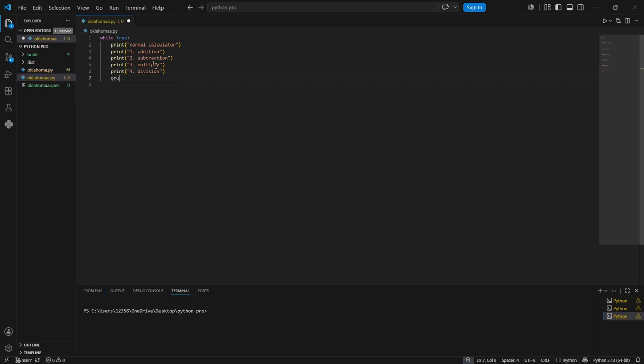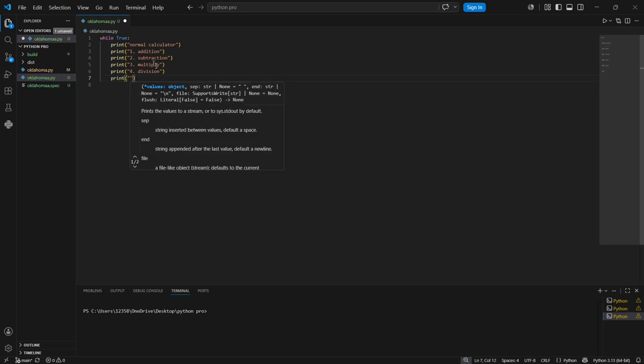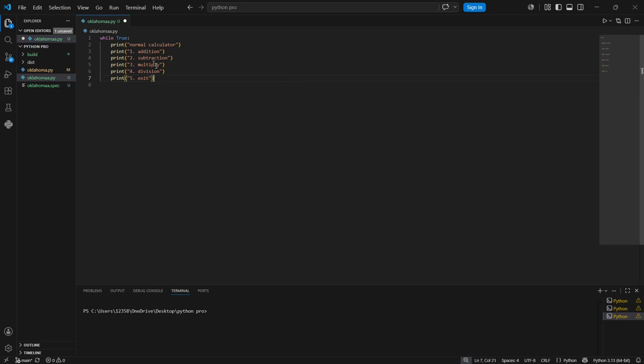Okay, and print fifth option: exit. So these are the five options, and as soon as the user opens the calculator, the user will see these options,